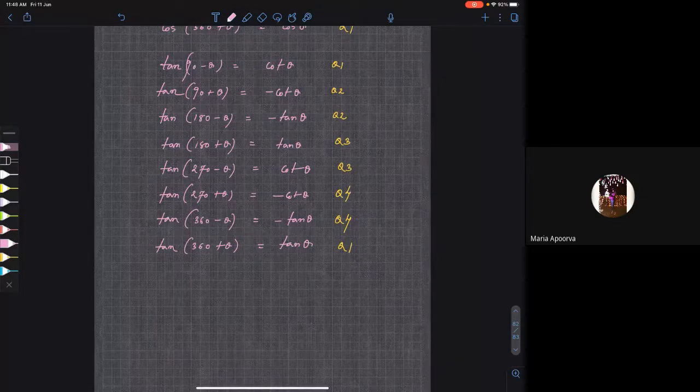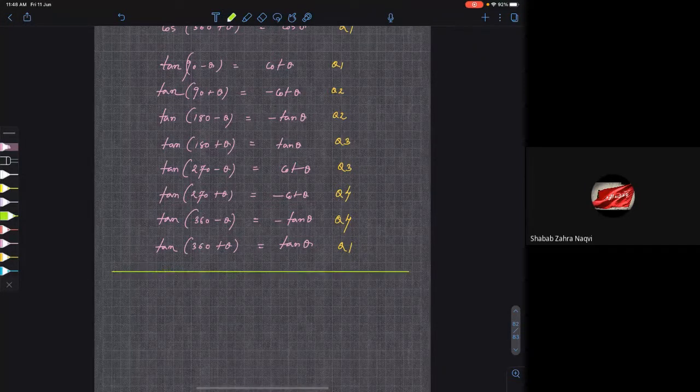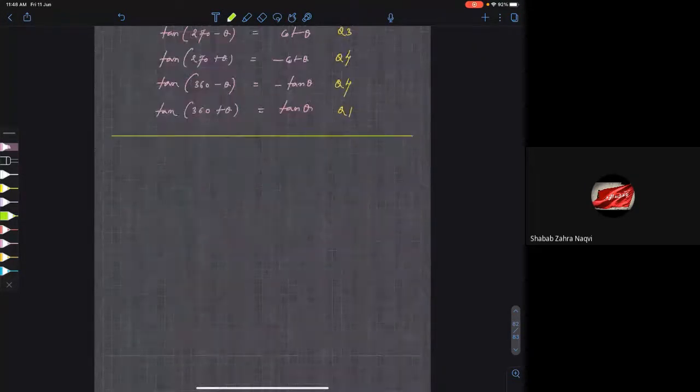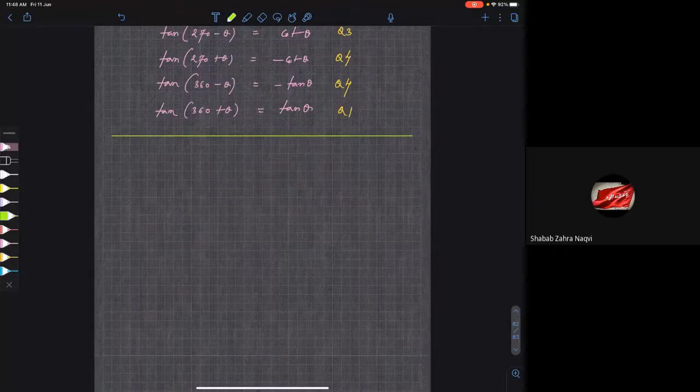Clear? Yes, sir. I'll ask you some more questions and then we'll proceed to the next topic. The next topic is a very big topic. So anyway, now tell me, sine of minus theta is equal to